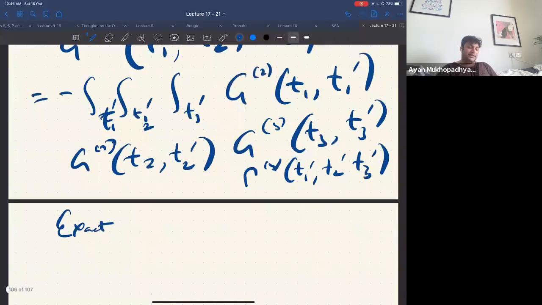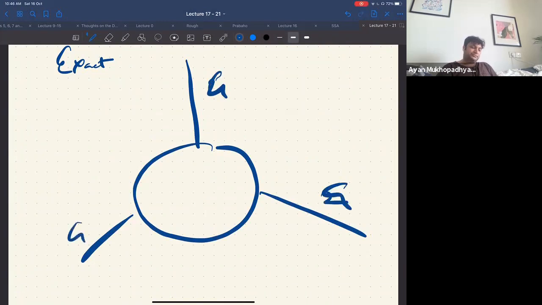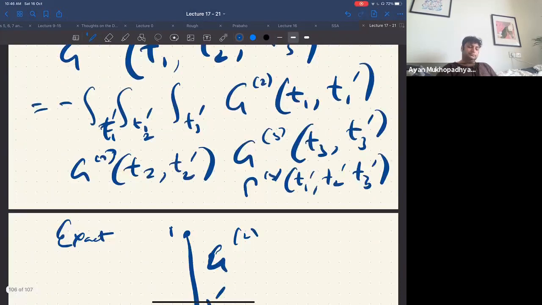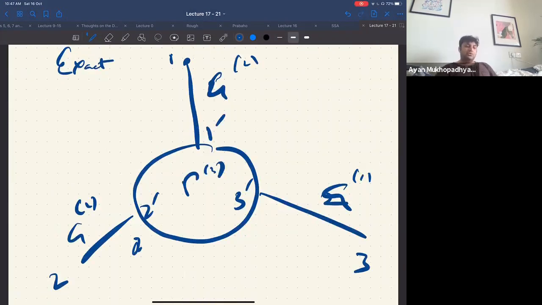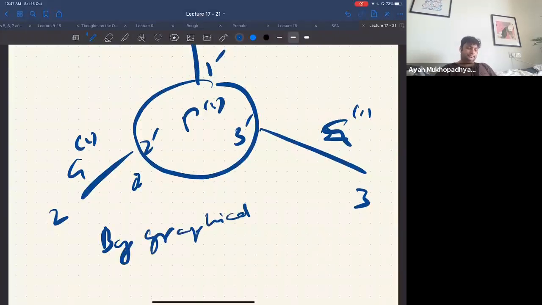So it means that the 3-point function can be expressed in this way diagrammatically. These are the exact 2-point functions, the exact propagators, G2, G2, G2. They come from T1, 2, 3. And this I can call vertex 1 prime, this vertex 2 prime, this vertex 3 prime, and this is my gamma 3. Okay. So now by graphical argument, gamma 3 has to be equal to the 1PI 3 vertex, the exact 1PI 3 vertex,